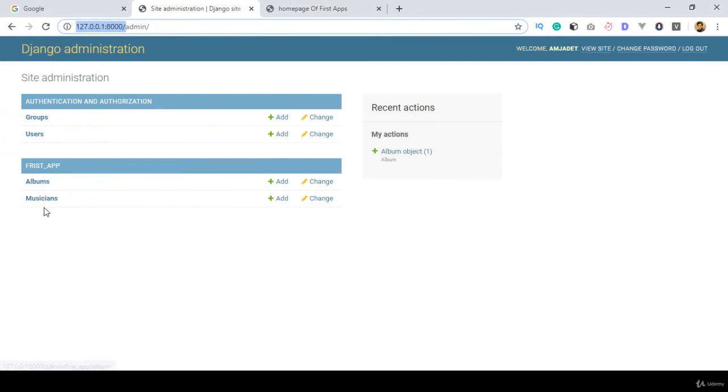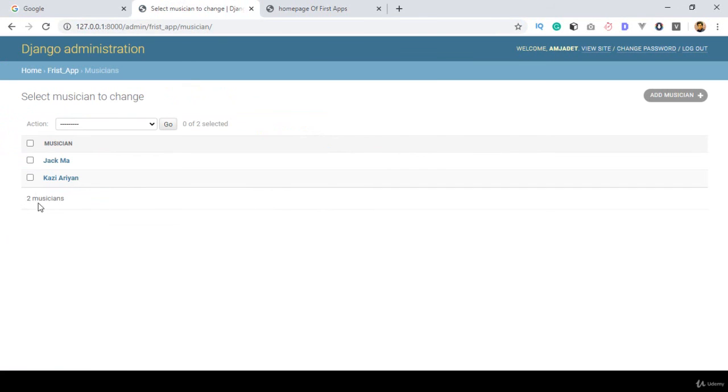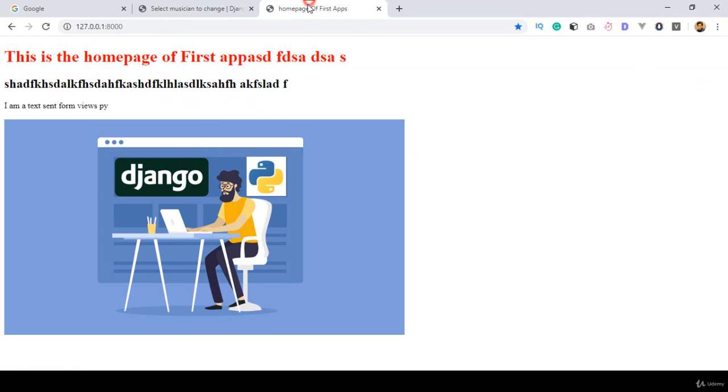So if you want to display all that data, right now there is a musician, they have two data. So if you want to read this data and make it visible in that particular position, how can you do that work? In our next video I will show you